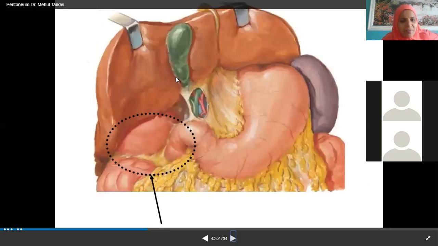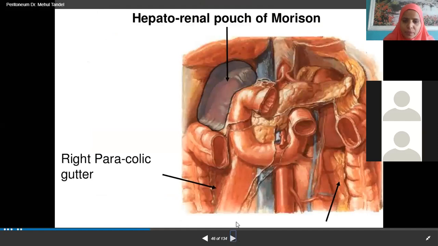Okay, these pictures are very, very good, and you are finding this area where the liver's right lobe is lifted and you are finding the anterior surface of the right kidney, and this outline is nothing but Morrison's pouch or hepatorenal pouch. Okay, we know already this is the lesser omentum, this is the space for the epiploic foramen, these are the structures: portal vein, hepatic artery, bile duct. Okay, now we have a further journey.